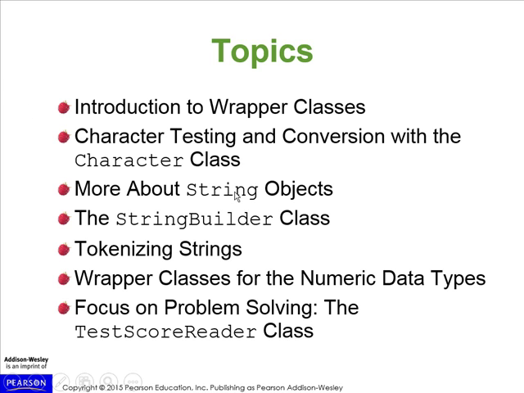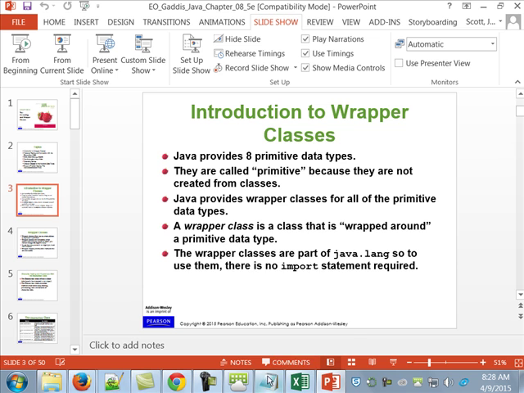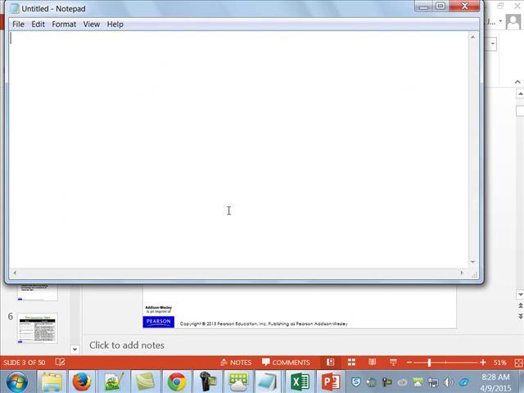We'll talk about String objects and the difference between a String object, which is immutable, and a StringBuilder, which is mutable. Tokenizing. Wrapper classes for numeric data types, which is kind of what's up there. And then this last thing in here is on the TestScoreReader class. We've already talked about this before on this slide. This shouldn't be anything new to you. It says here,